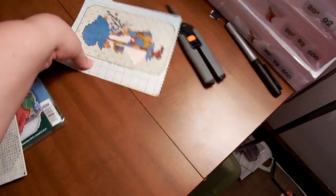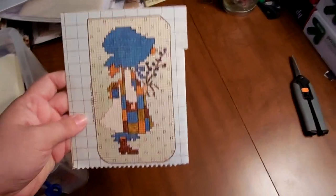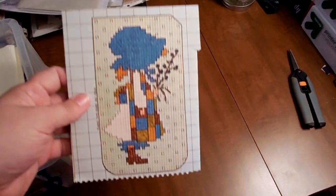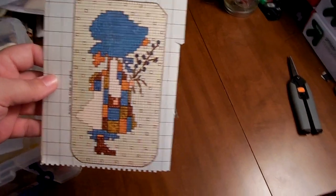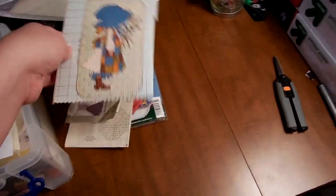Here's a little Holly Hobbie design. It's supposed to be needlework, but I thought, again, if I stitched it on a smaller count, I can turn that into a magnet or something that my mother could use. She's always loved Holly Hobbie, so I kind of stole that from her so I could do that for her. But here is a couple